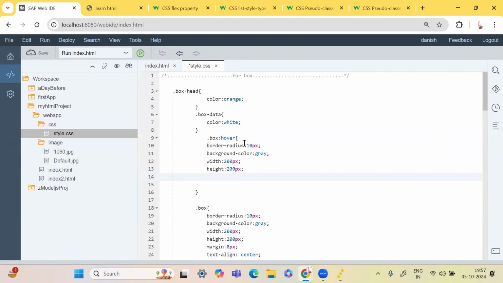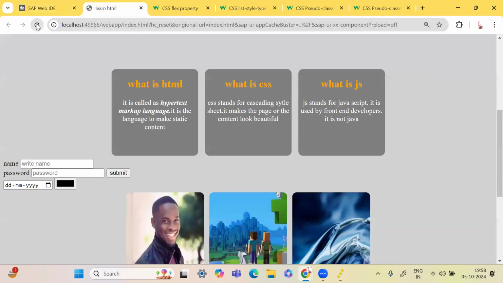The background color changes to, let's say, light green, and width should become 20 more pixels, and the height should also go up by 20 more pixels. So now, once you put the mouse over the boxes, what you will see is that,